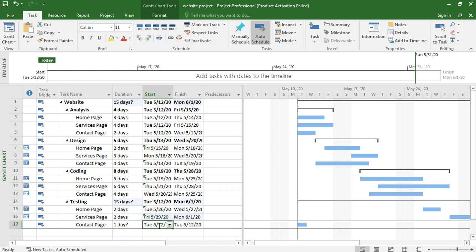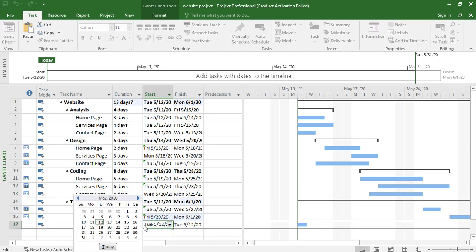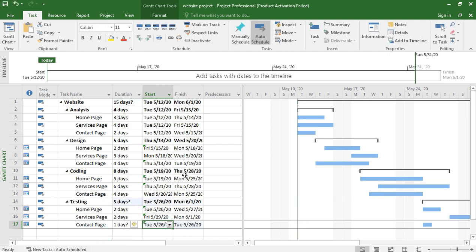And now this contact page ends here on 5/25, so it's 5/26. So we have manually scheduled it regarding dates. Okay. This is website project, analysis, design, coding and testing.